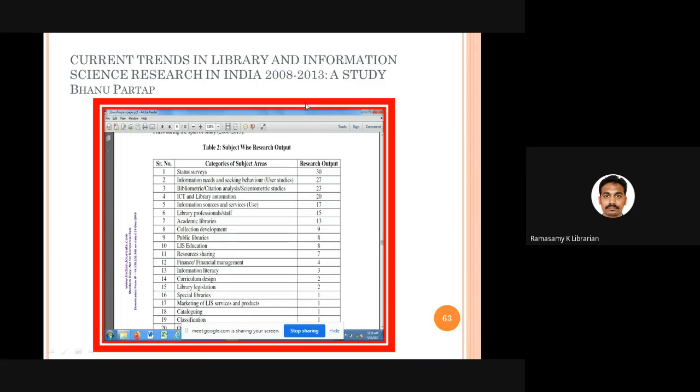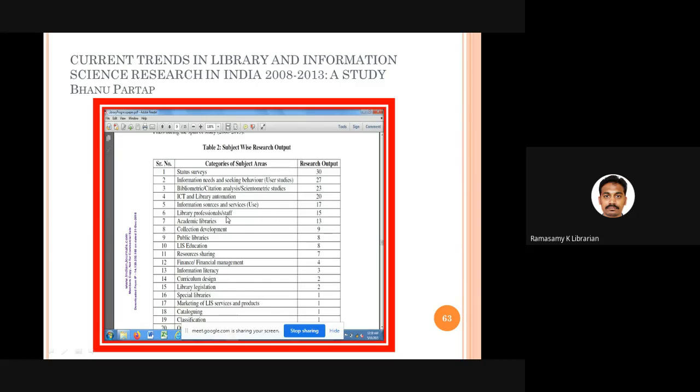It says survey studies were the maximum, followed by studies on information needs and information seeking behavior, then bibliometric and scientometric studies, then studies on library automation and ICT, then studies on use of information resources and services, then studies on library professionals, then studies on academic libraries, and so on.